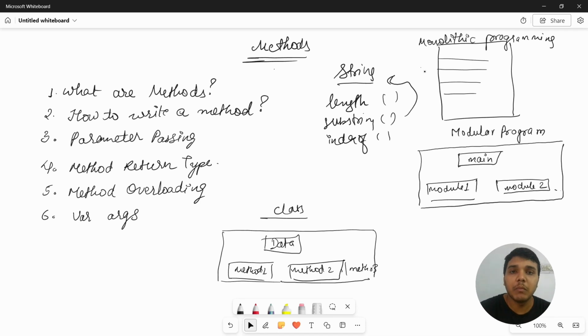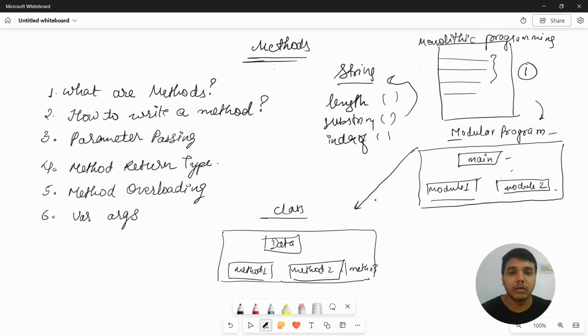In the starting days of programming languages, every code was written inside a single file. It is very hard to manage a single file with around millions of lines of code. So to resolve this problem, they introduced modular programming, in which our code is divided into modules, and these modules help to identify each method. But this also becomes a problem after a while. So to make this easy,